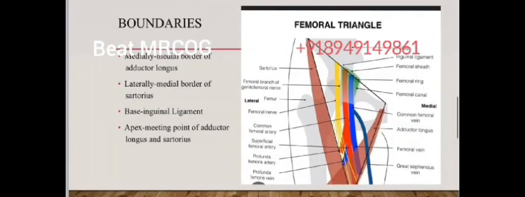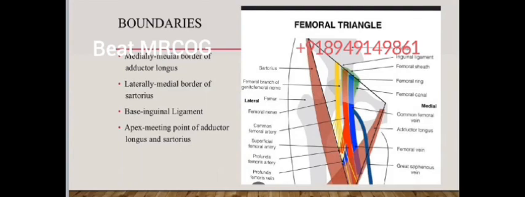So what are the contents of the femoral triangle? As you can see, the contents consist of, medially, the femoral vein, then the femoral artery, and outside the femoral sheath is the femoral nerve. You can read from medial to lateral or lateral to medial, whichever side you are comfortable with. This green structure enclosing the femoral vein and femoral artery is the femoral sheath. Can anybody tell me what the femoral sheath is a continuation of? Yes. The femoral sheath is a continuation of the fascia lata,